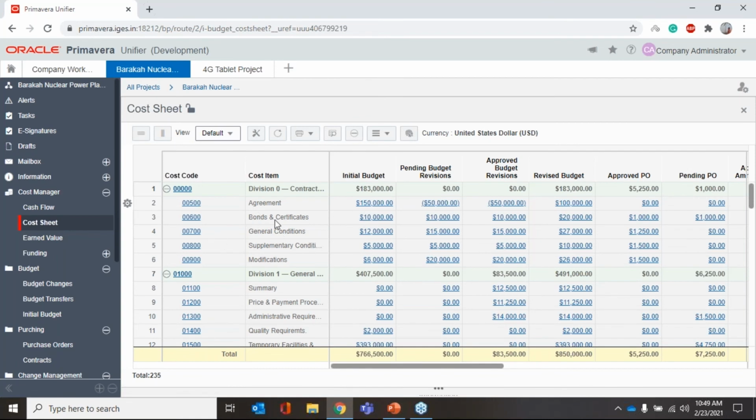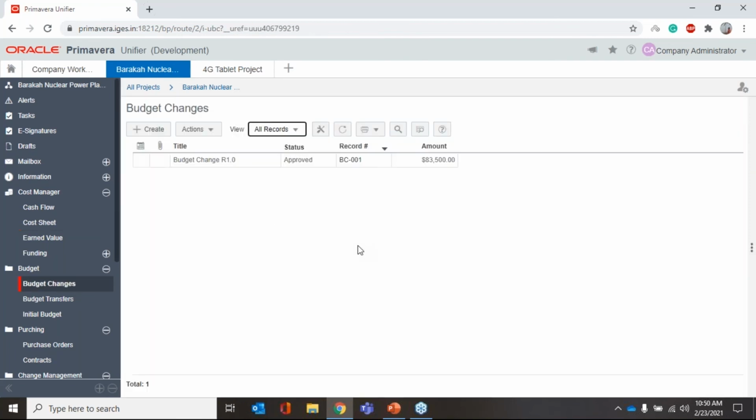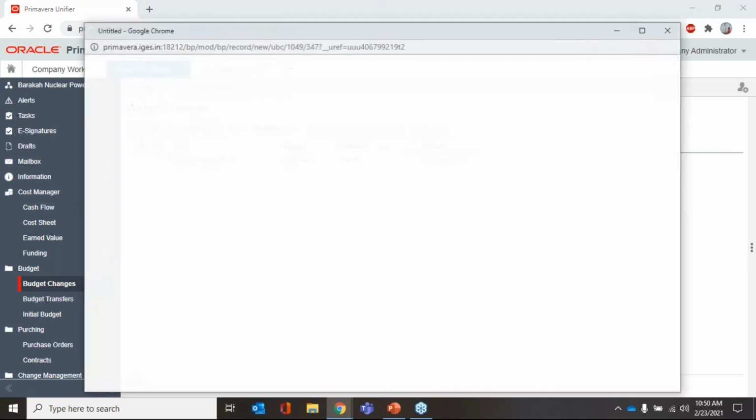Let us see for one of the cost codes. So now here there is a budget of 100. So the current revised budget is $100,000. So I want to do some budget changes where I want to increase the cost from 100,000 to 120,000. So when I create a budget change,